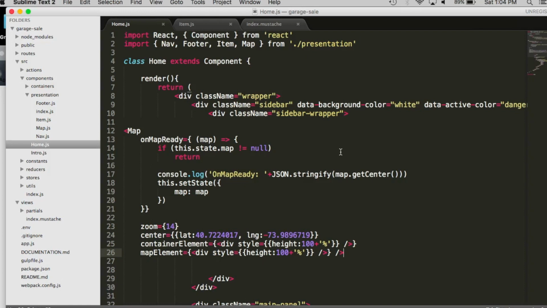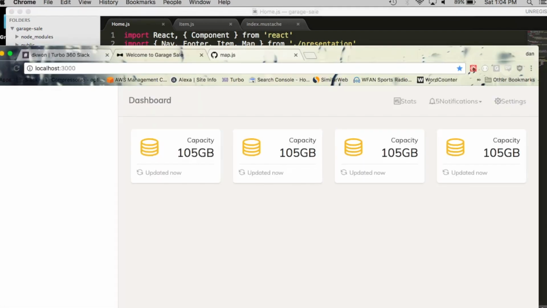Because why would you ever not want to occupy the entire thing? If this was 50% and 50%, then the map would only go down halfway. Yeah, that's the thought process behind that. Okay? Right? So then here,